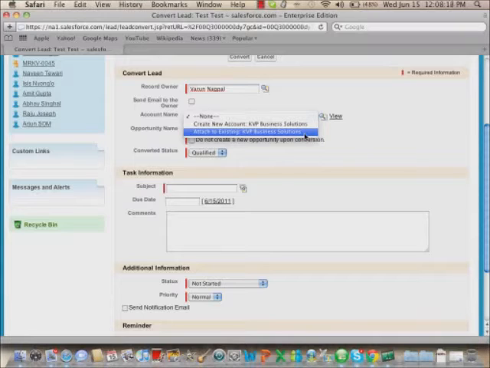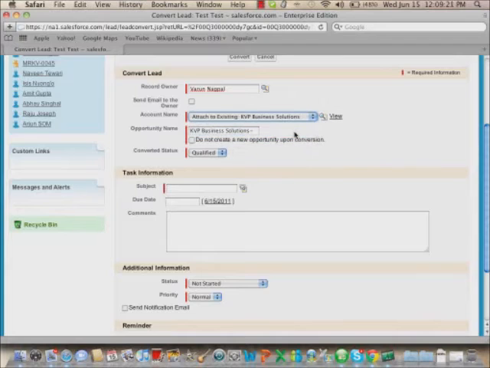So do you want to attach this particular opportunity to that account, or do you want to create a new KVP business solutions account? So ideally what it does is it sees the first 3-4 characters and gives you all the probable list of accounts which it can be. So what I'll do is I'll not create a duplicate account right now, so I'll just click on attach to existing KVP business solutions.